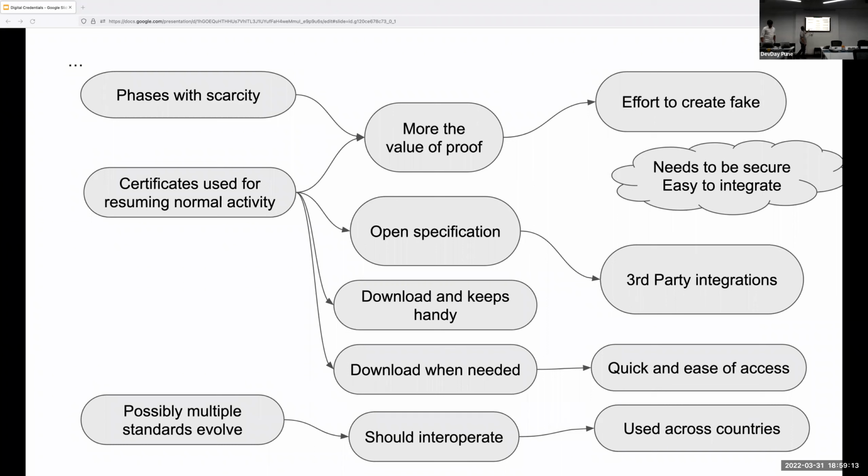Similarly, when we are working on this, there could be many others implementing similar solutions. So possibly another country can have an alternate mechanism or another standard. So it should be able to interoperate with that. Otherwise, it again defeats building a common trust between different countries, right? So basically,